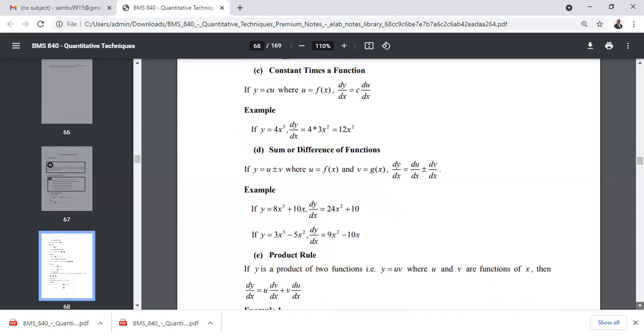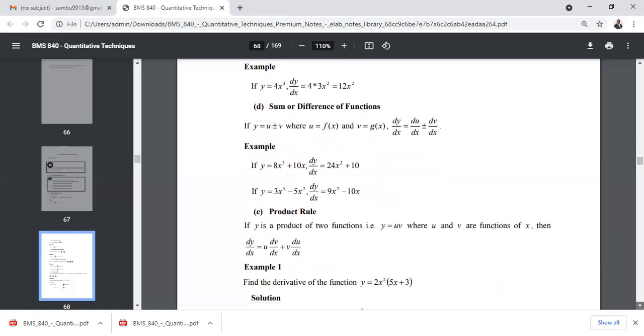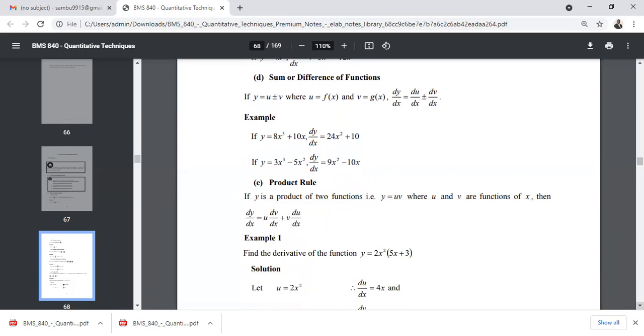They go on. Then I have the product rule. And for the product rule,